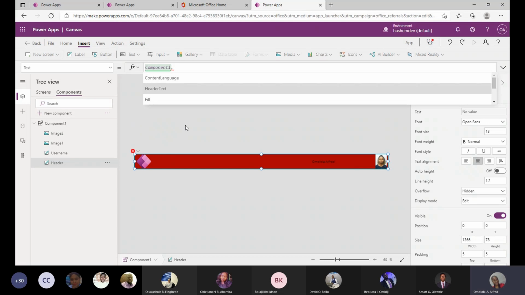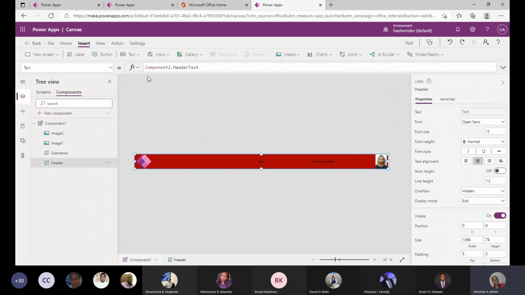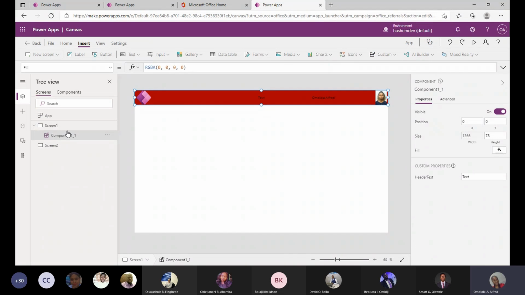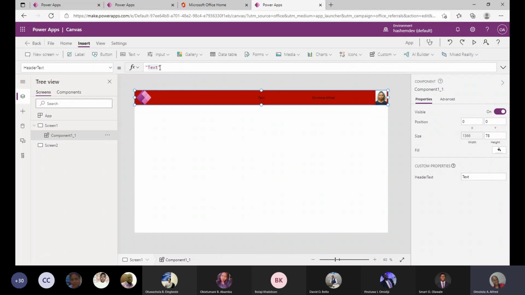Once you pick that, all right. So we can see now that for this header under this component, I've said that okay, the text should be the input feature that I have done. So if you come back to our screen here, and under the component that you've added to your screen, if you come here, you will see your header text. Good. So under your header text, I can say